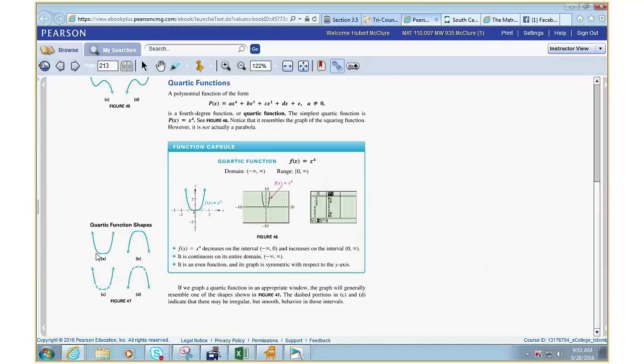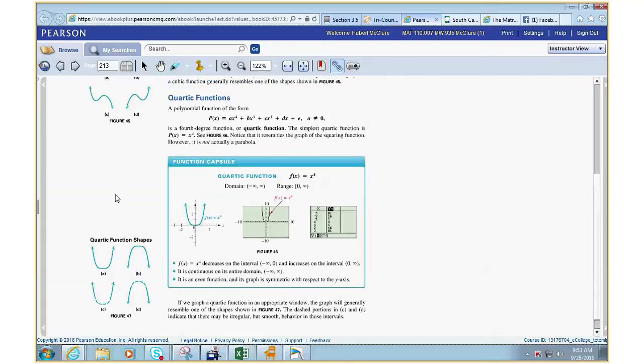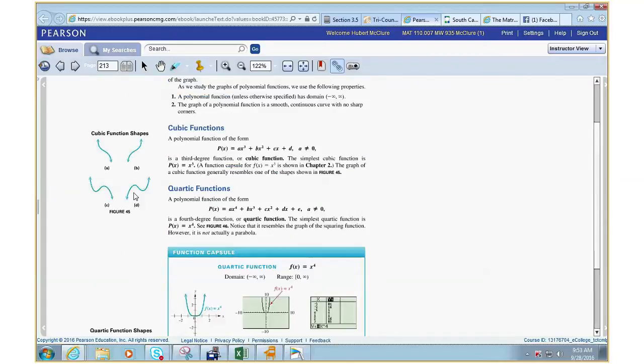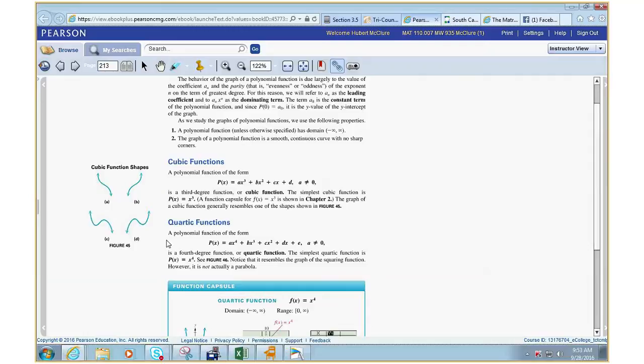It'll start to flatten out. And that's what happens with the ending behavior for a quartic function. So anything with an even exponent is going to be arrows up or arrows what? Down. Versus the cubic functions, which is the third, the fifth, the seventh, and so on, that'll